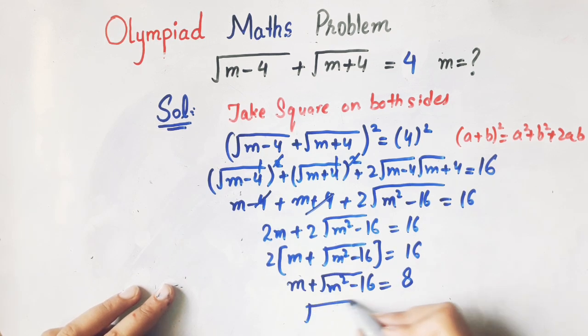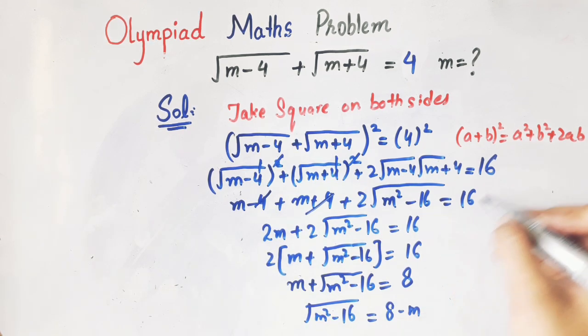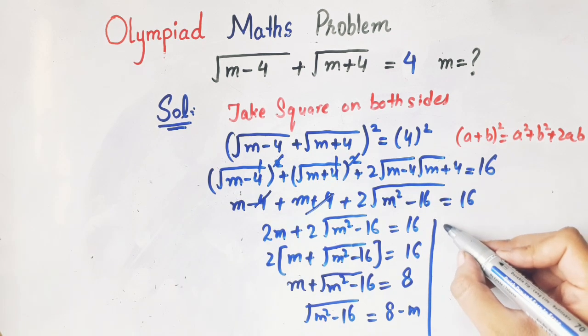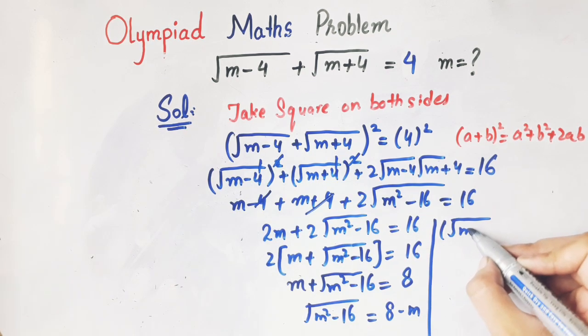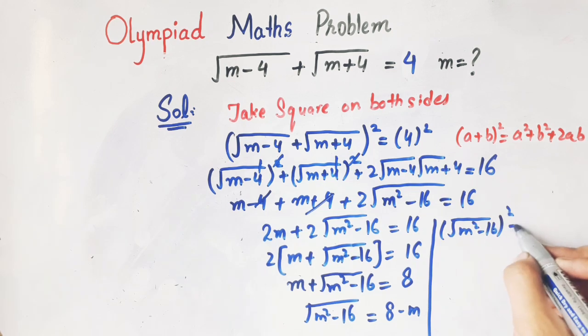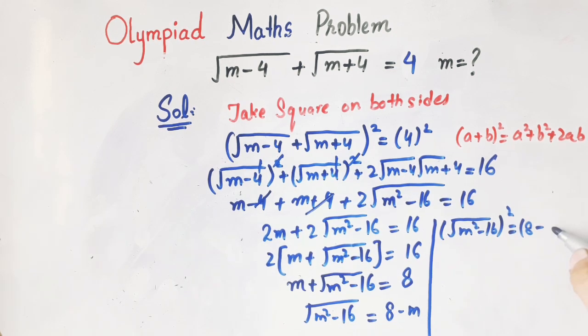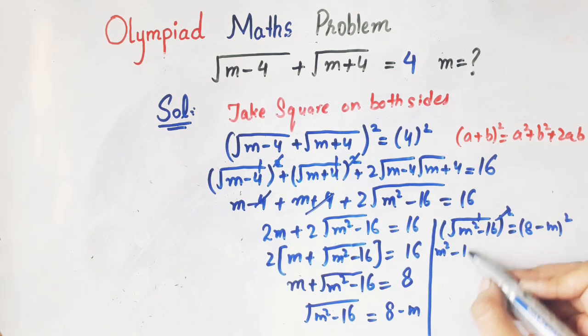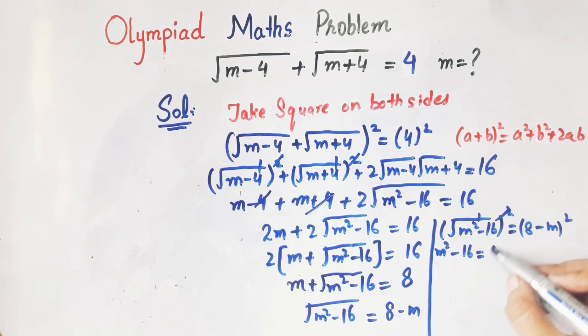Now root of m square minus 16 will equal 8 minus m. Now again we will take the square. So root of m square minus 16, when we take its square, also take 8 minus m square. This is cancelled out. m square minus 16 equals 64 plus m square